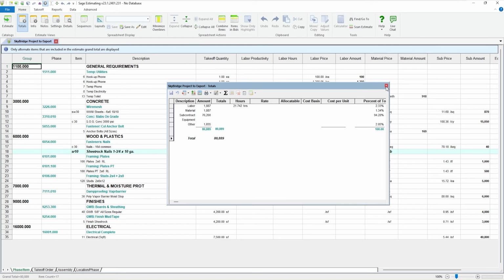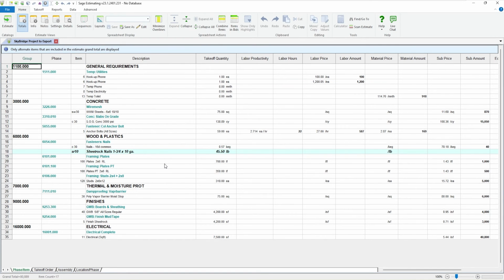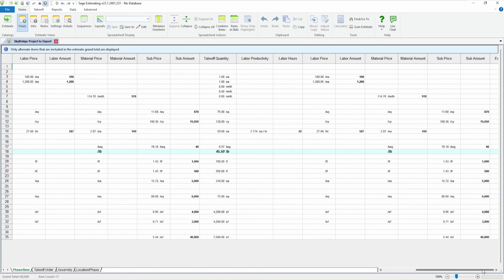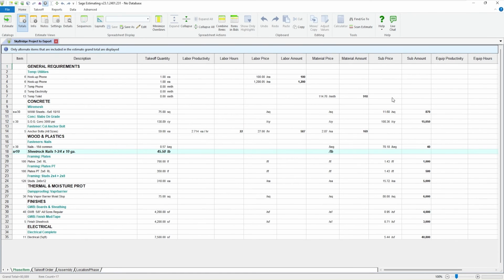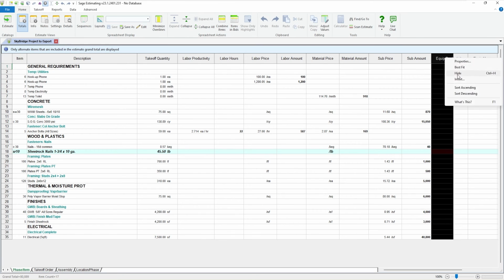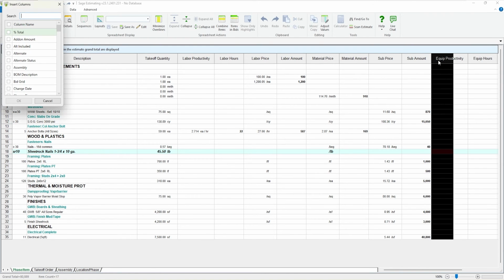If we take a look at the detail, some of the things that have also come along for the ride is, and I don't know if I've got that column turned on right now. It doesn't look like I do. So I'm going to come over here in my spreadsheet and say insert. Maybe. Do it again. There it is. And let's say name.